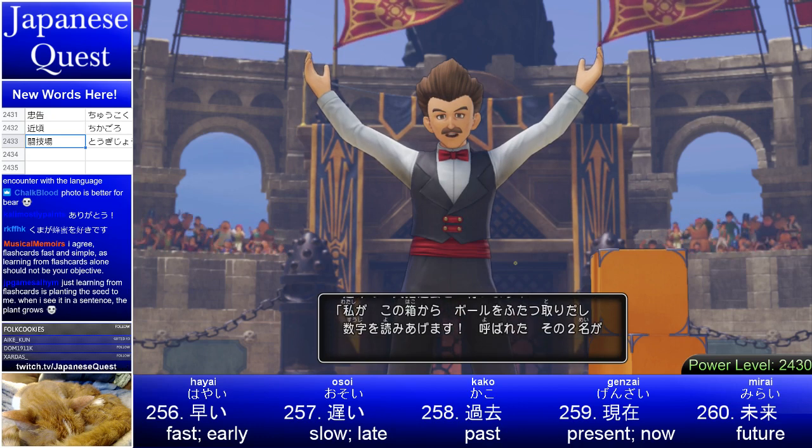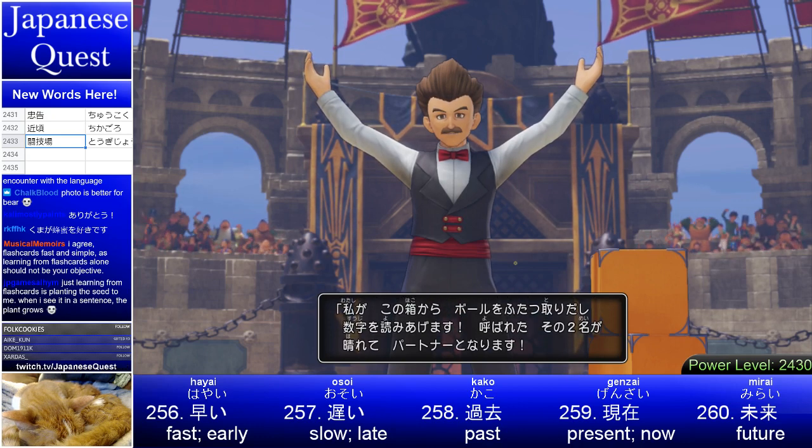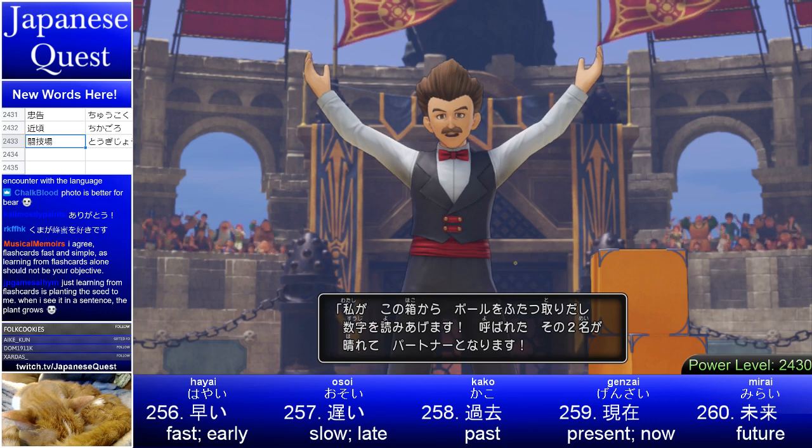私がこの箱からボールを2つ取り出し数字を読み上げます。呼ばれたその2名が晴れてパートナーとなります。